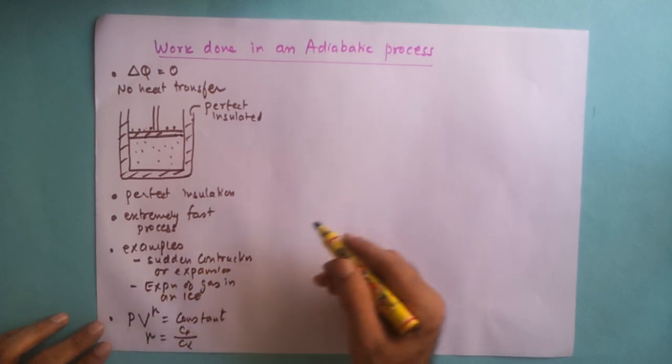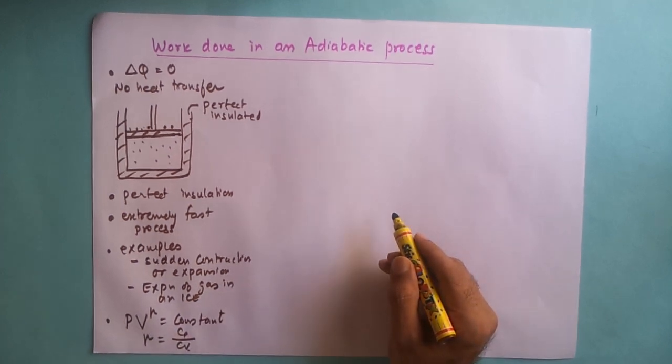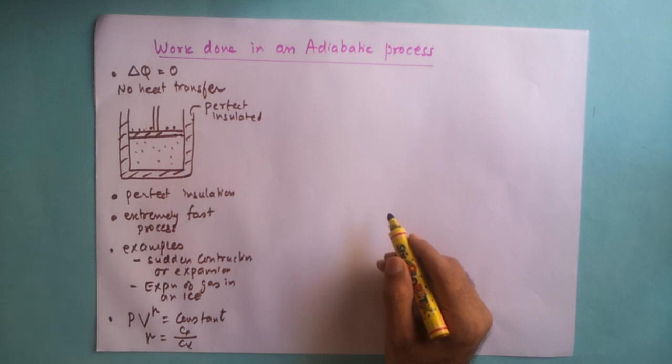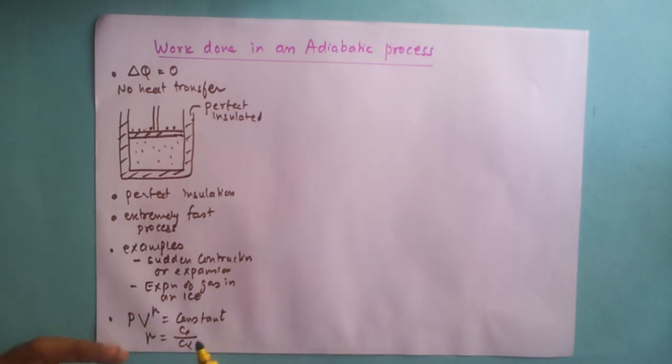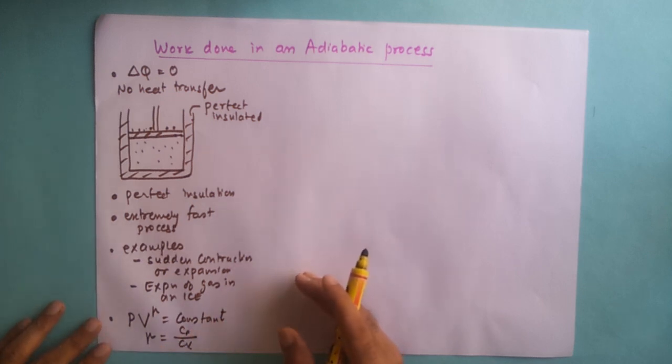If you plot a graph of this, we'll get curves which are very similar to isothermal curves. The shape of the curves is very similar to that. I'll be making a separate video wherein we will do a comparison between the adiabatic curve and the isothermal curve and the relationship between them. At this point in time, I'm not talking too much about adiabatic curves. Maybe we'll discuss that in that particular video.